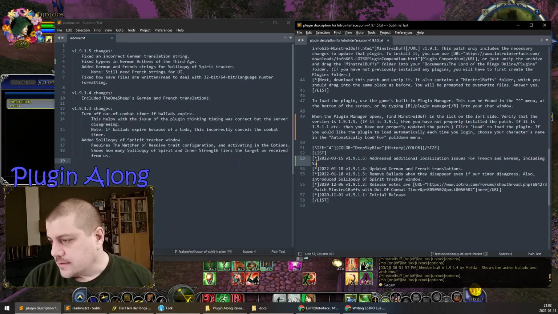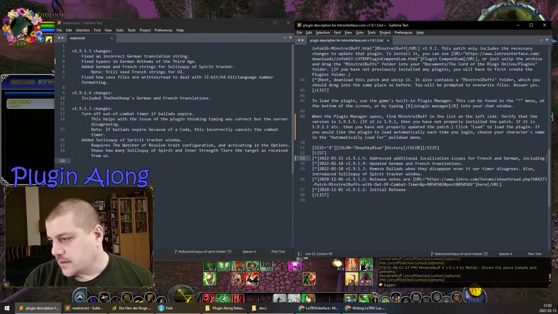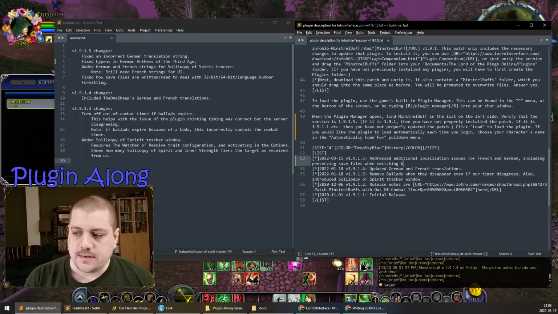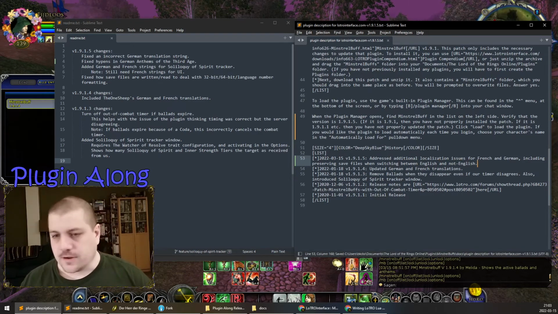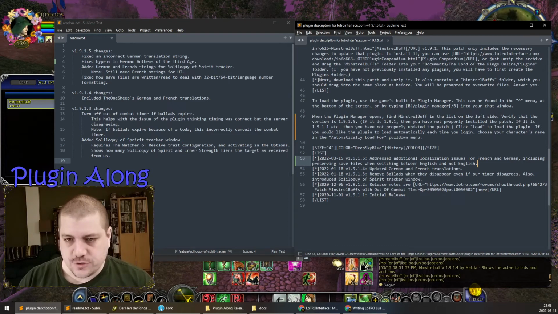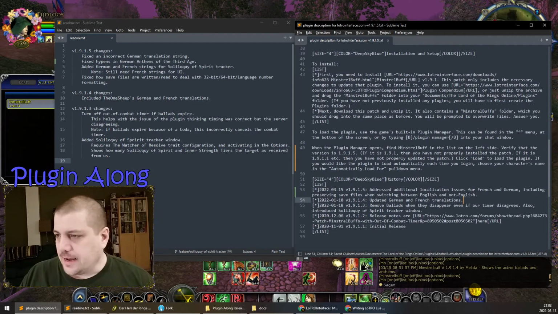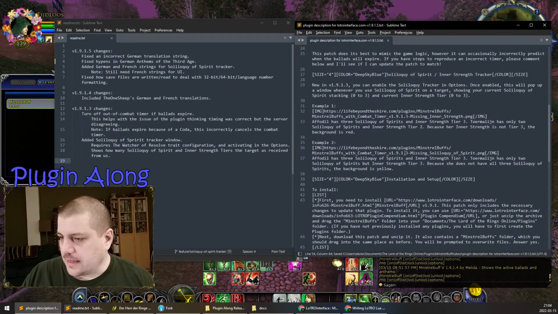Including save files, including preserving save files when switching between English and not English. Okay, neat. Then that's fine. That's a good message. Nothing else is really changing. And then